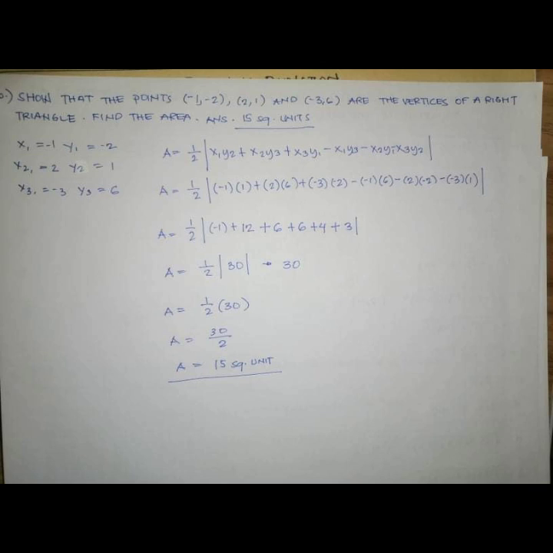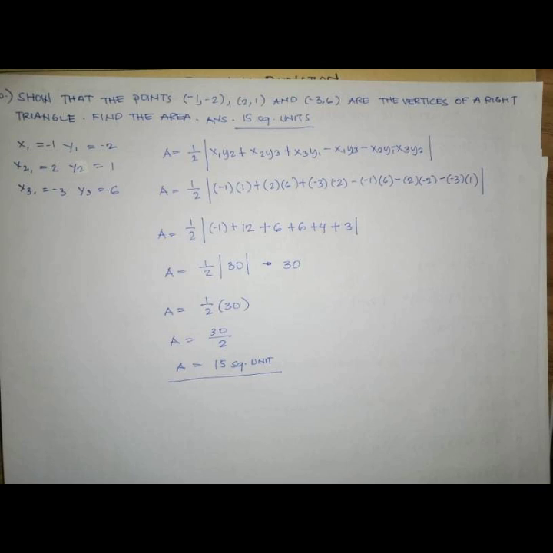So area is equal to 1/2 times x sub 1 y sub 2 plus x sub 2 y sub 3 plus x sub 3 y sub 1 minus x sub 1 y sub 3 minus x sub 2 y sub 1 minus x sub 3 y sub 2. So we have to substitute that, and we have area of 1/2 times negative 1 times 1 plus 2 times 6 plus negative 3 times negative 2 minus negative 1 times 6 minus 2 times negative 2 minus negative 3 times 1. So A is equal to 1/2